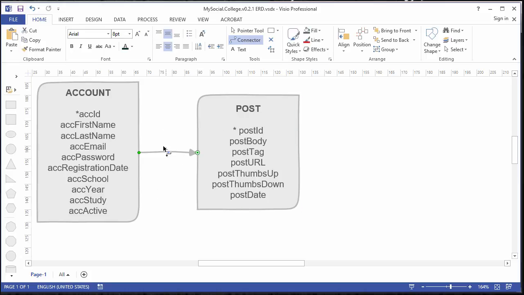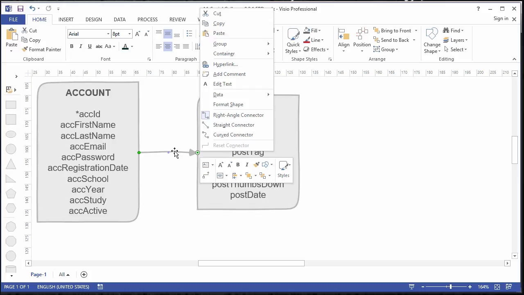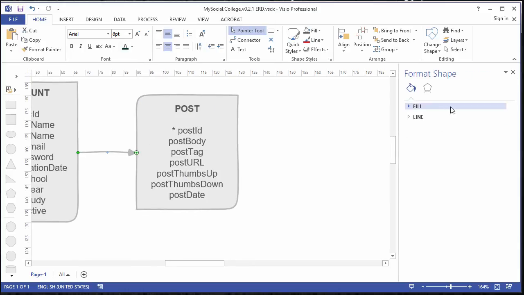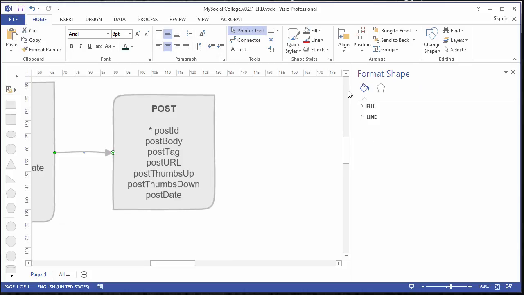So we connect from the account table to the post table. And then we can take our pointer tool back and right click and go to format shape. So this one you're just going to have to remember. It's going to take a little while to get the hang of where everything is, but there's only a few small things we have to remember, so hopefully it's not too much. Anyhow, you'll grab this format shape tool. It will bring a fold out from the right hand side,